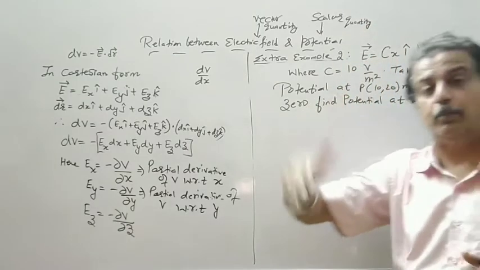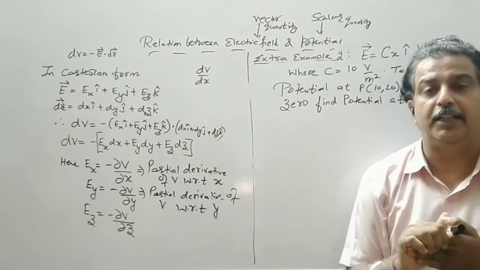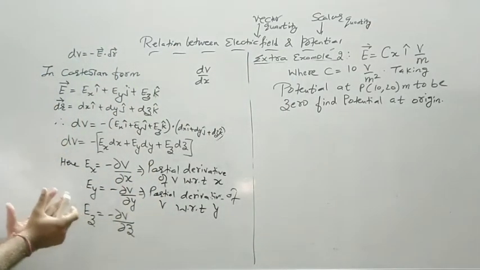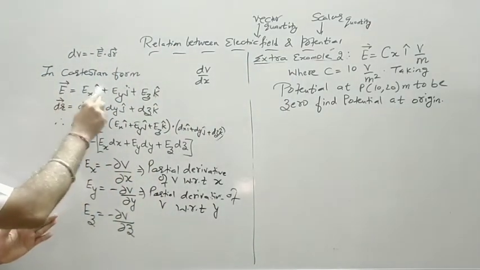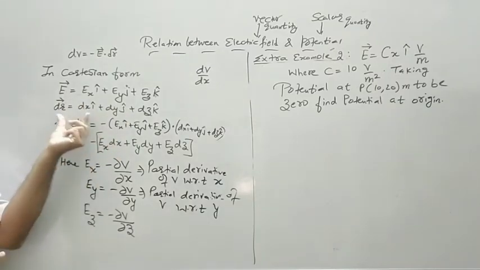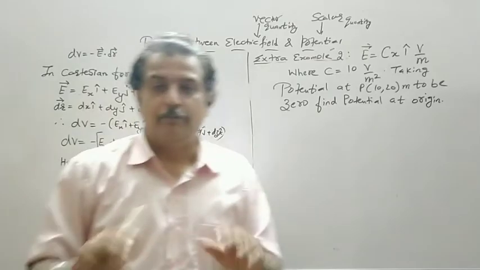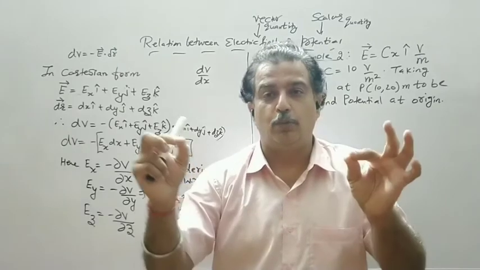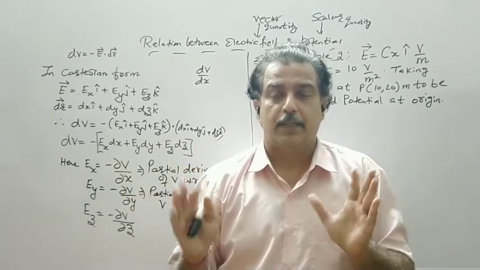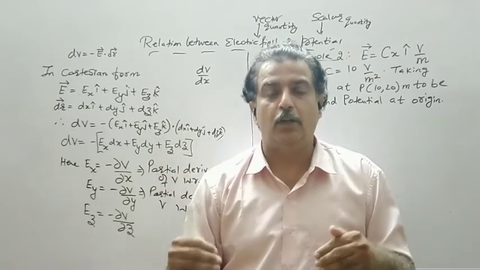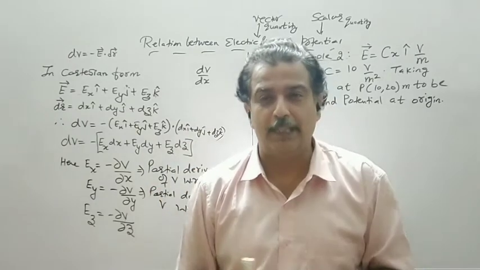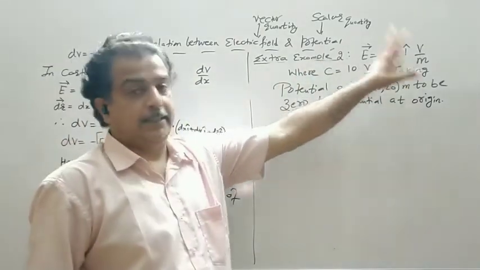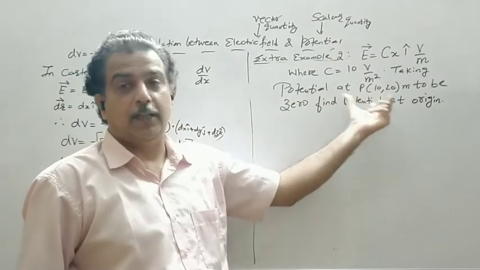So in example 1 the potential equation was given and we found the electric field intensity with the help of this partial derivative. So this partial derivative concept comes only when E is 2-dimensional or 3-dimensional, or displacement is 2-dimensional or 3-dimensional. For 1D the relation is simple. Keep in mind that E is equal to minus dV by dx, or minus dV by dy, or minus dV by dz if it is 1-dimensional. So clearly the electric field is 1-dimensional, that is along the x-axis, though the point or the coordinates are 2-dimensional.